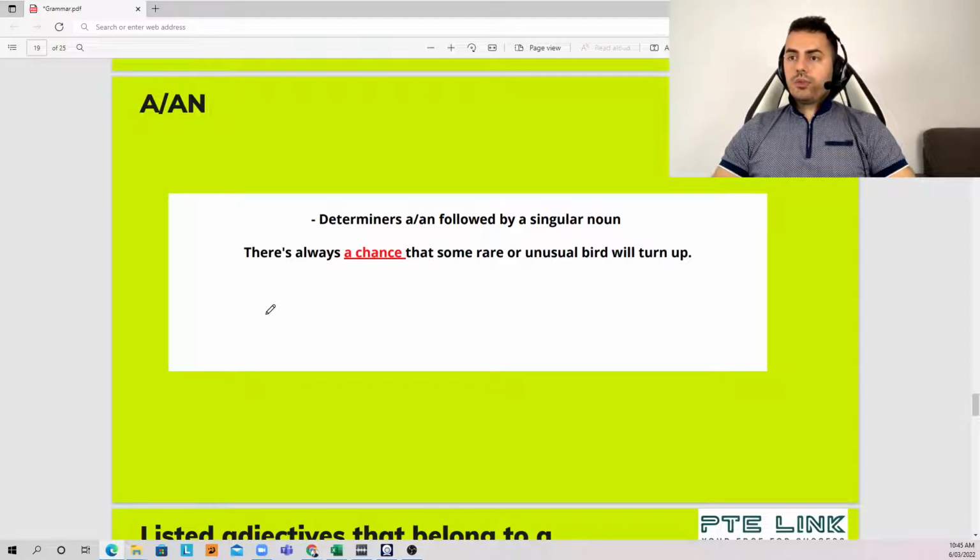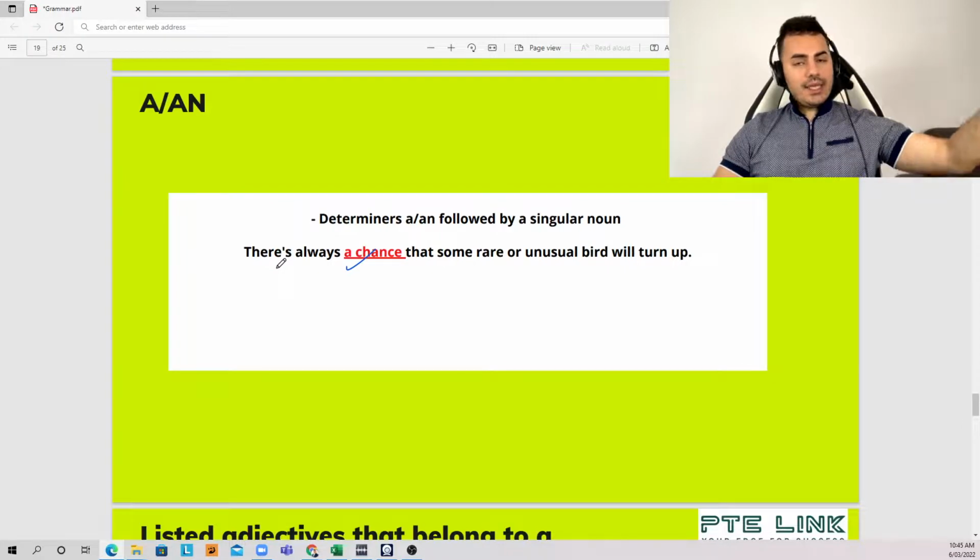We're still talking about the determiners a and an. The determiners a and an are followed by a singular noun. There's always a chance. Yeah? I bought a table. So when you get the determiner a or an and you have a gap after,